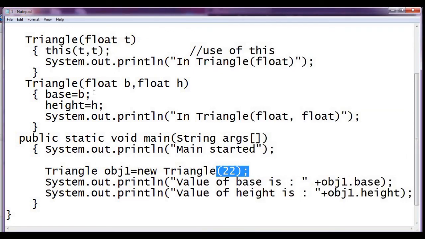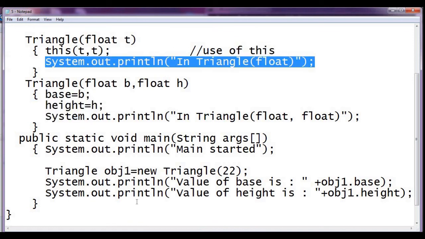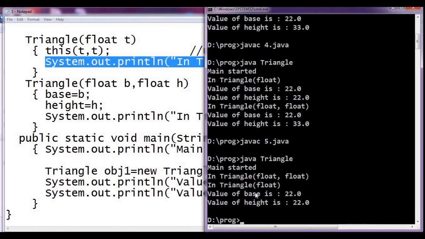From that it will move to here, and again before executing this we are calling the other constructor. We are jumping to the other constructor. So this will be called and executed, and then after that it will come back over here. So that's why we will get float and then float, and then 22 and 22 as our base and height values.